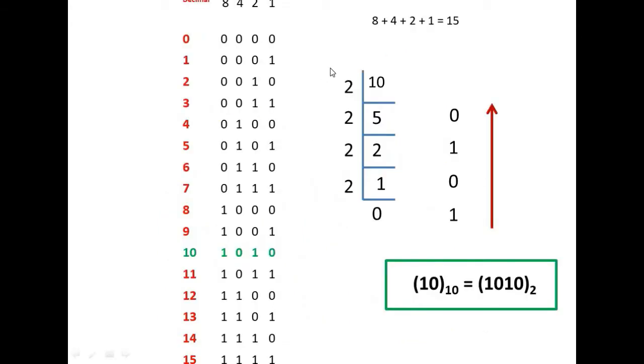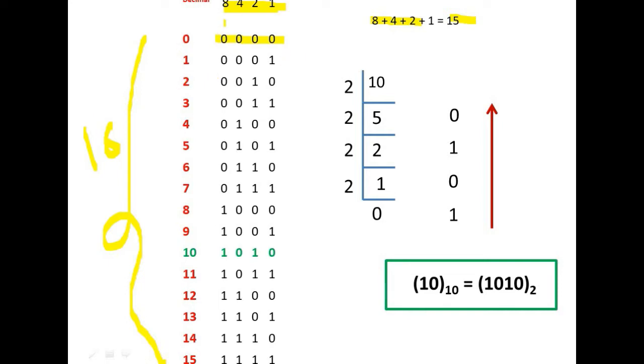Now come to the decimal number which requires 4 digits. So here we have taken 1, 2, 4 and 8. That is, we are going to take 4 digits. If we sum up all these weights, we get 15. So if we are using 4 digits of a binary number, we can get a total of 16 numbers. So from 0 to 15 we can convert into a binary number using 4 digits.